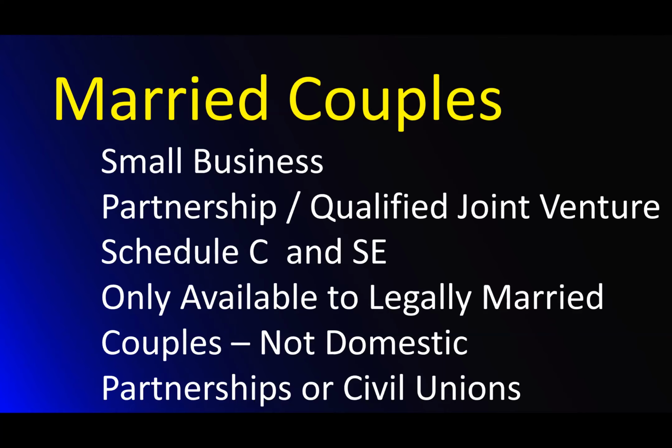So where I was getting confused is I thought you were saying the partnership and the qualified joint venture were altogether, but they're two separate things. The partnership would do the 1065 if they wanted to be treated as a regular partnership. If they wanted to do the qualified joint venture for married couples, they could still do the 1040 SE and Schedule C, split it according to their interests in the business, the profits and losses, and then still file a joint return with those like sole proprietorships for each of them.